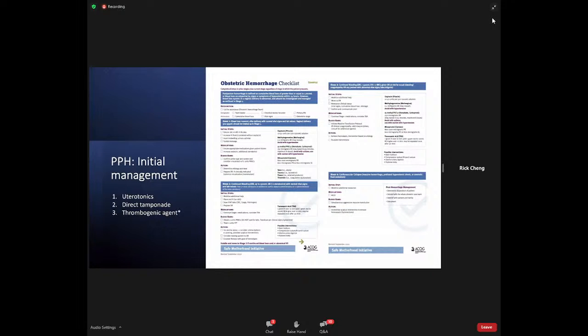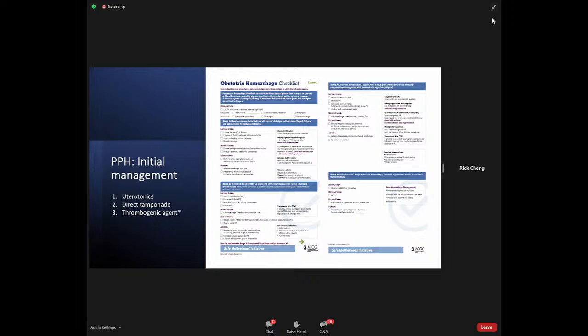The initial management of postpartum hemorrhage focuses on aggressive resuscitation of hemorrhagic shock while attempting to achieve hemostasis. At the initial stage of management, uterotonics such as oxytocin would be increased to allow for more effective contraction of the uterus and vasoconstriction of the myometrial arteries. Other conservative measures would include direct tamponade with vaginal packing or intrauterine balloon placement. Also, administration of an antifibrinolytic agent such as tranexamic acid would be considered.